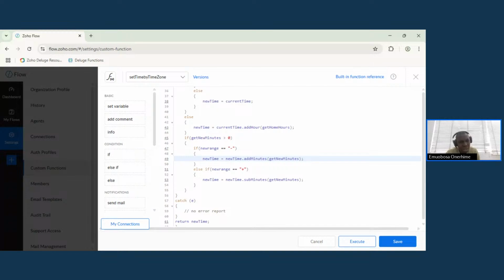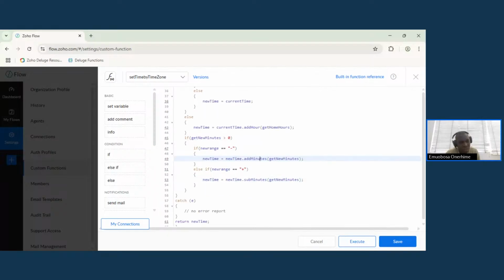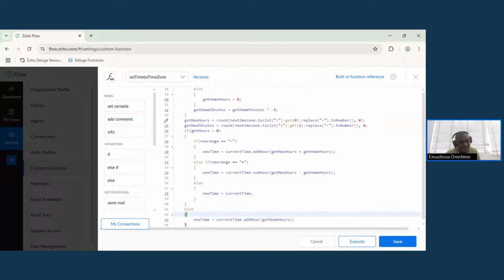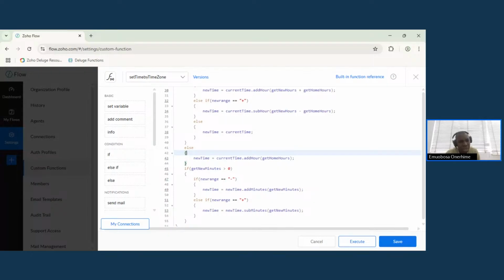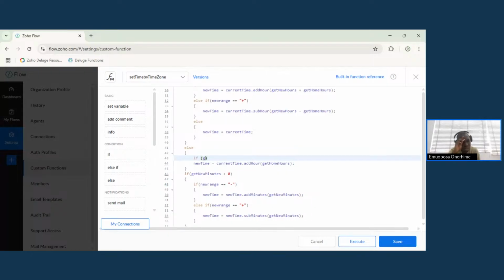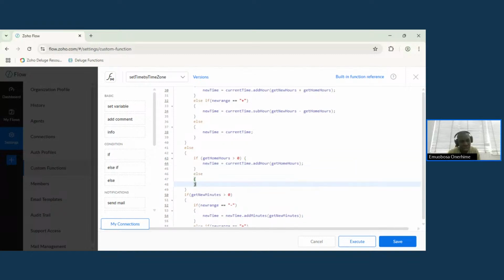But if it's not greater than 0, that means get home hours is 0. So we will say that get home hours equals 0. Now, in this case, because we're talking about negative, if get home hours is -1, we don't do anything to get home minutes. But if get home hours is 0, we do something to get home minutes